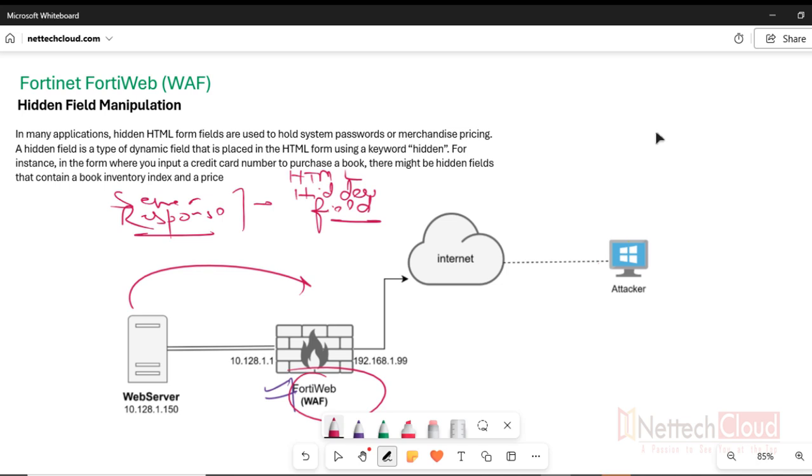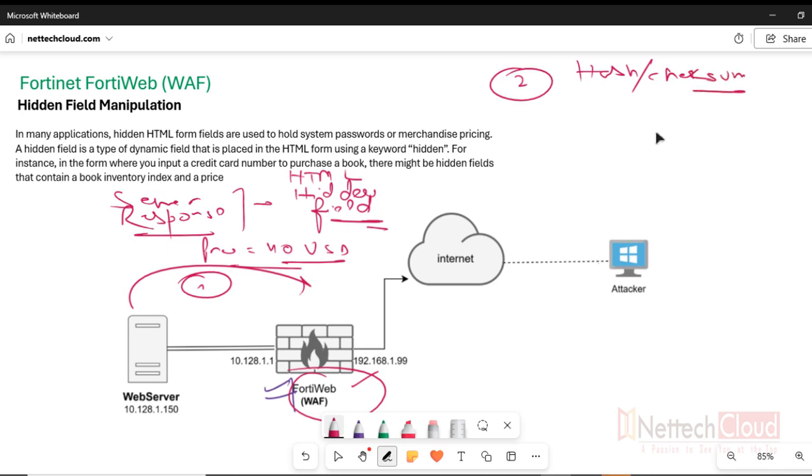So the first step is this: FortiWeb intercepts the server response, scans the HTML, extracts hidden fields, like here, we have just seen 40 USD is the value, the price value, a name-value pair, which is your parameter in fact. And then step number 2, FortiWeb now creates a hash or checksum,